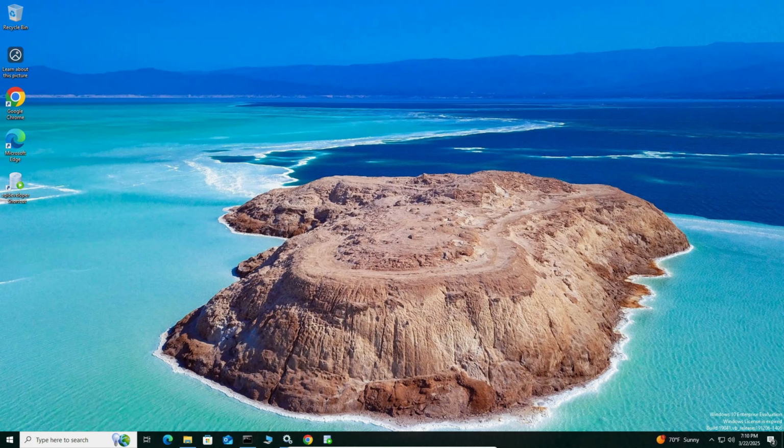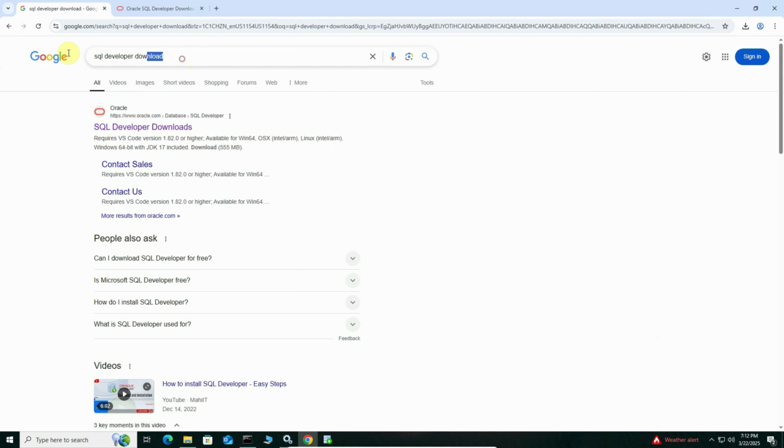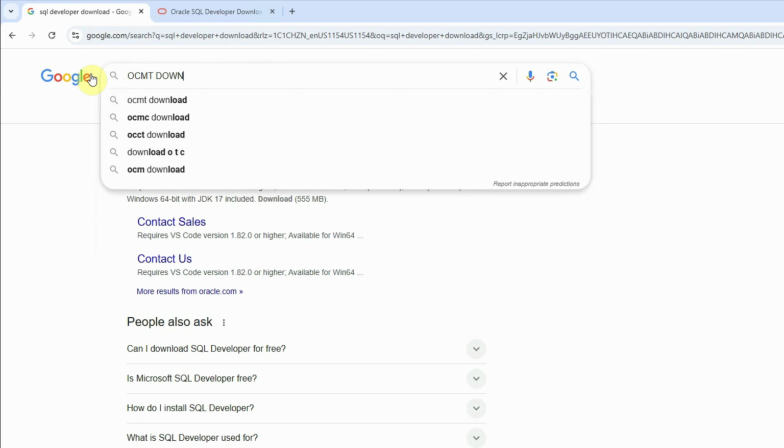Now before we can install the last piece of software for our project, that is Microsoft Power BI, we need one more software called OCMT, that is Oracle Client for Microsoft Tools. This software is required by any Microsoft tools to connect to an Oracle database. So first we'll bring up our browser again and search for OCMT download,